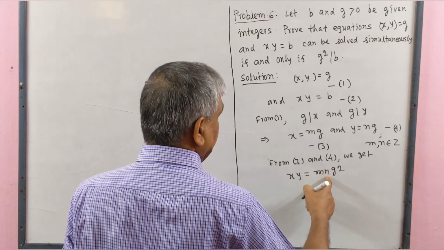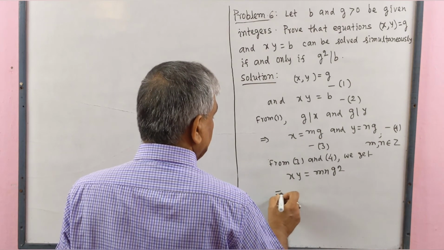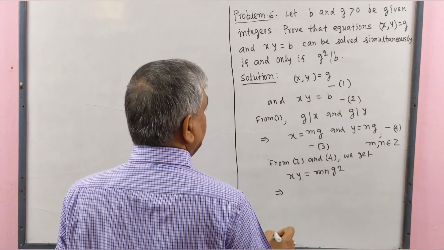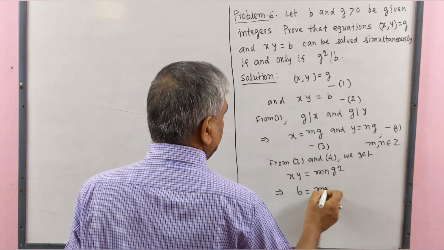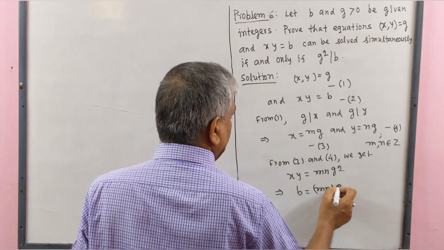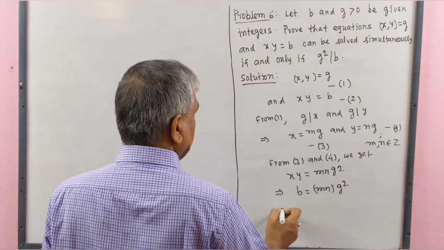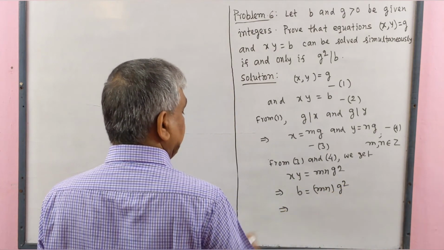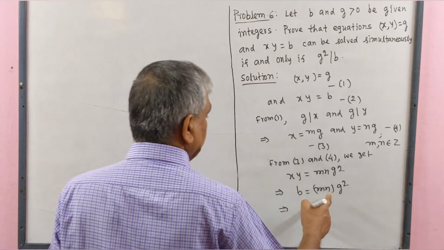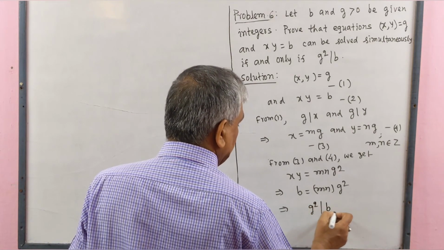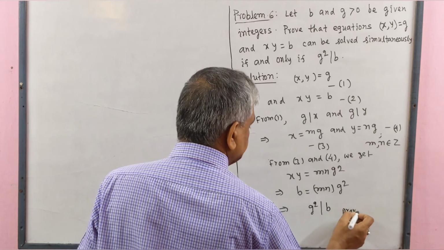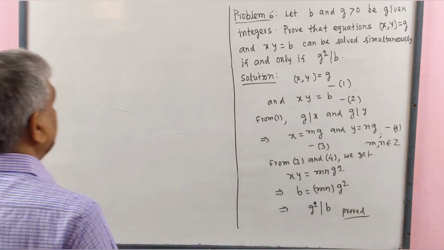Mn is an integer, implies that xy equal to b equal to mn multiply g square. From divisibility relation we know this means g square divides b. Proved. Conversely,